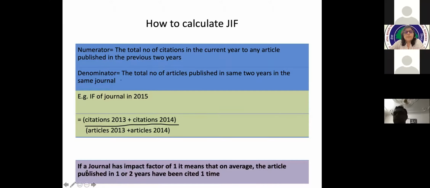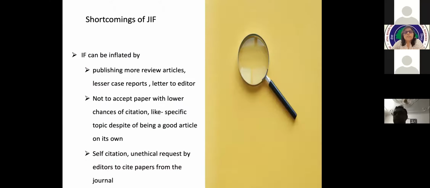And you should also know, if any journal has an impact factor of 1, what does it mean? It means that on average, the articles which were published in the previous 2 years have been cited at least one time. It also has its own shortcomings. It can be artificially inflated by publishing more review articles, as we discussed earlier, that they will receive more citations, and publishing fewer case reports and letters to the editor.